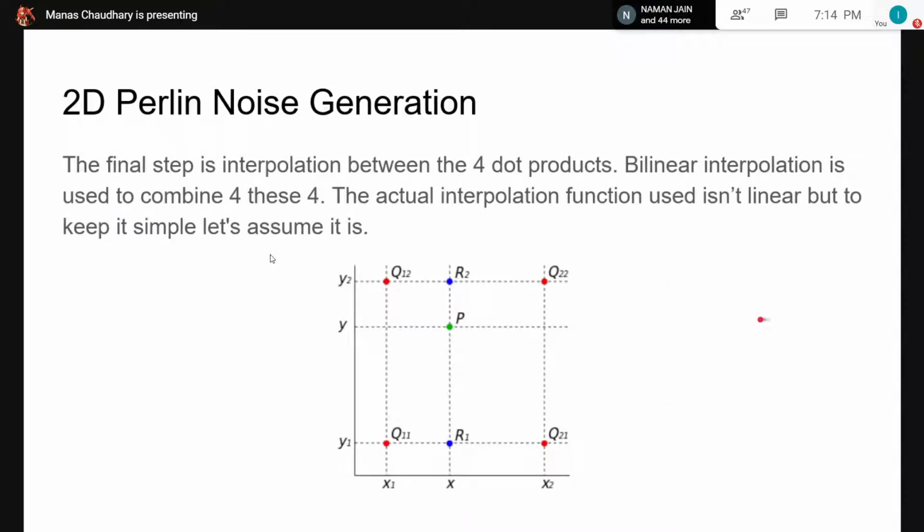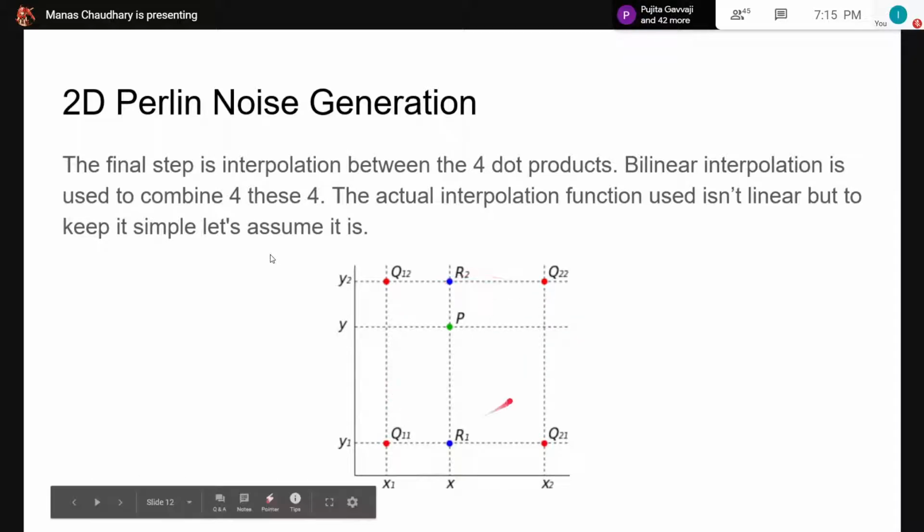Going ahead, now we have 4 values corresponding to each pixel, and each pixel also corresponds to a certain vertex. These 4 values need to be interpolated so we get one fixed value for a point that we can store into the texture. The method used here, like we've all studied, is linear interpolation, which is used between 2 points.